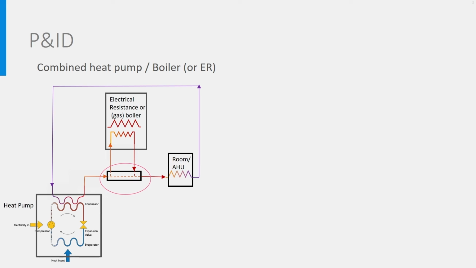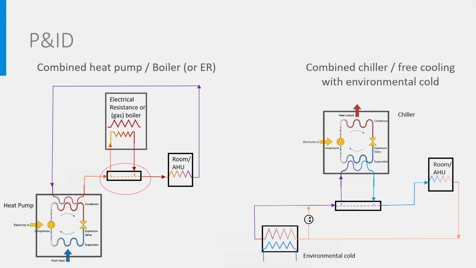For a chiller, combined with the use of environmental cold, what we call free cooling or passive cooling through ground, water or fresh outdoor air, it would look like that. Let's start here again from the right at room or air handling unit level. The water in the AHU or the ceiling cooling cools the room and is therefore heated and flows back to the environmental cold heat exchanger to be cooled down. That's the orange line below.